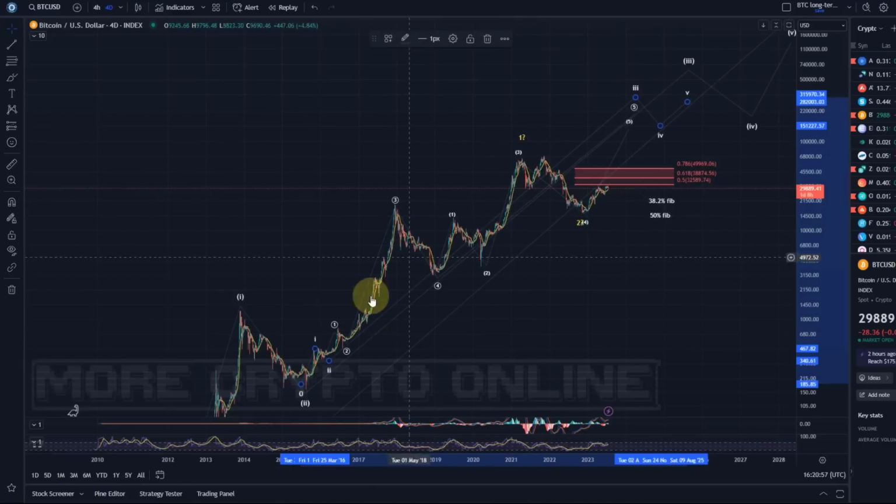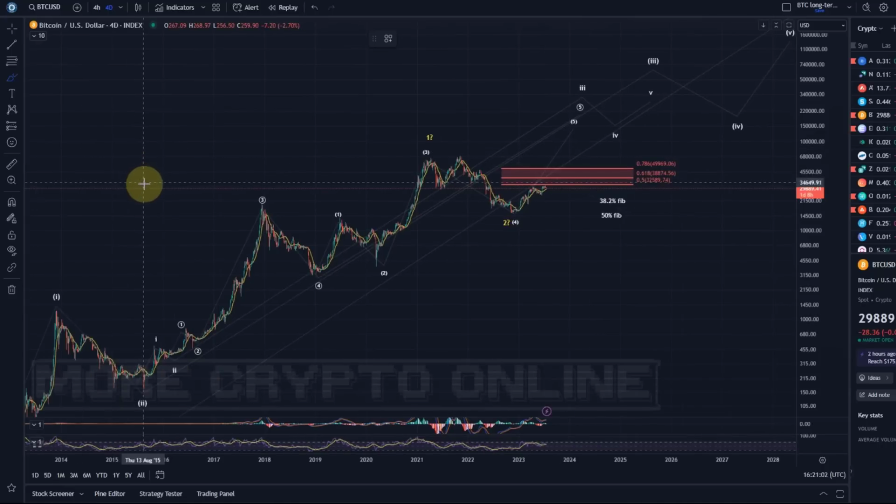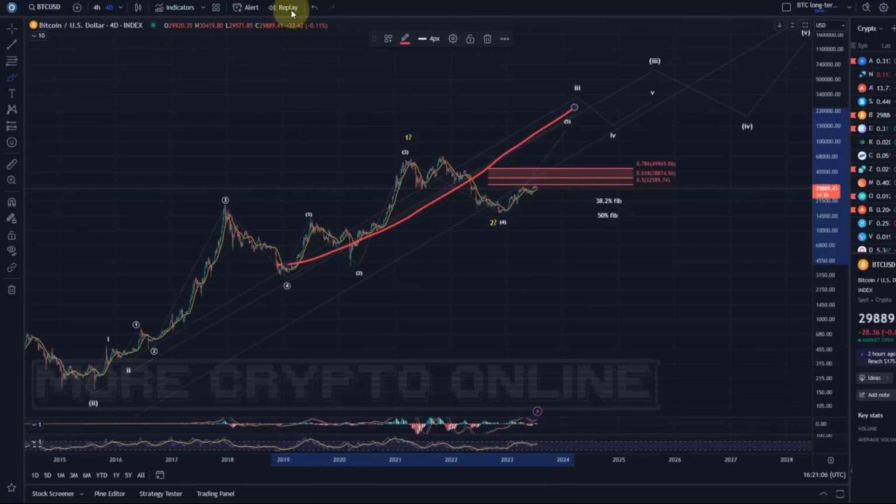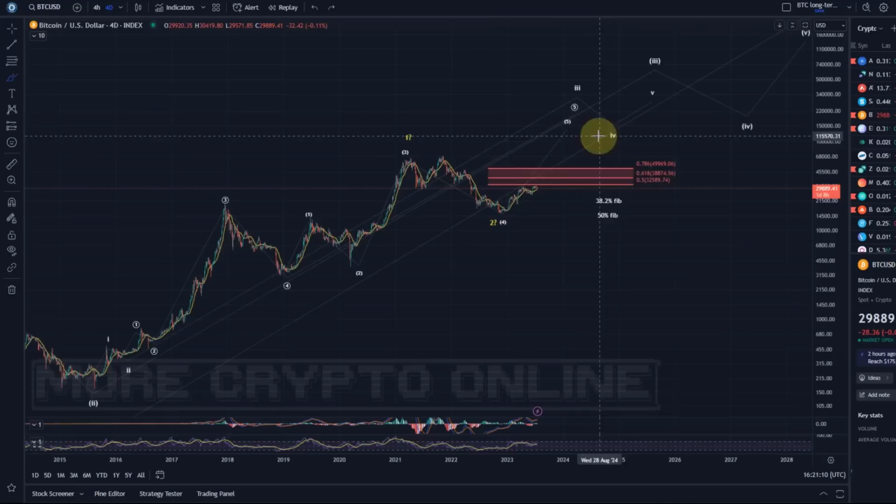And within this one, yeah, that's where we are, right? And in this count, that's the most relevant now to us because that's where we are in this fifth wave here. Yeah, other interpretations will be possible, but this is the one that, in my opinion, works well with Fib levels. Either way, it would assume that the bear market low was on the log chart a wave 4, but